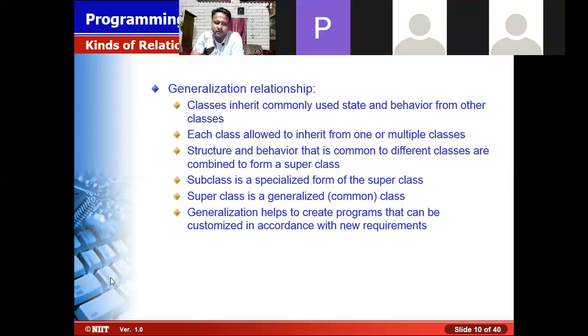It means the subclass copies the members from the superclass, and it also contains functionality of its own, so it is called a subclass or specialized class. Superclass is called a generalized class.